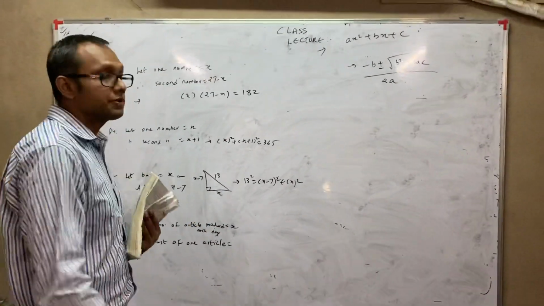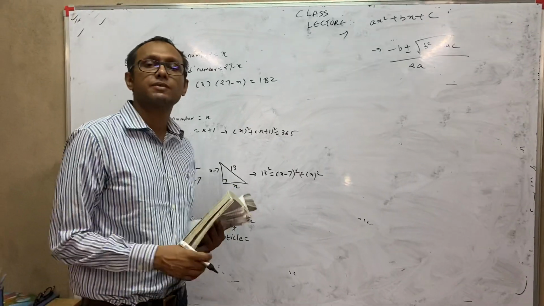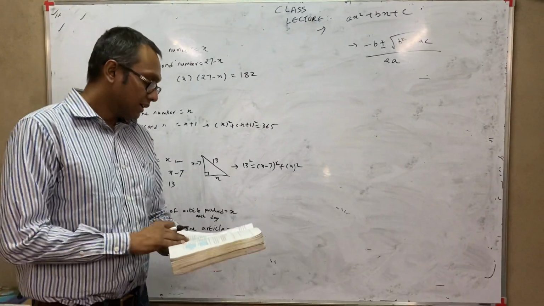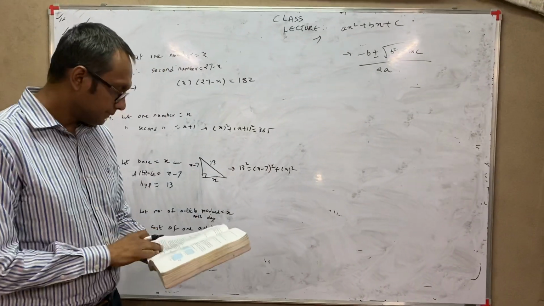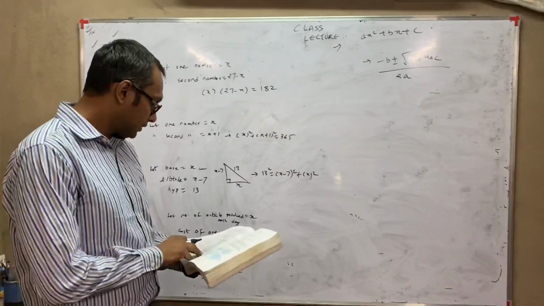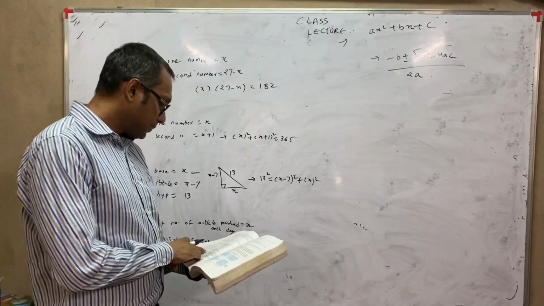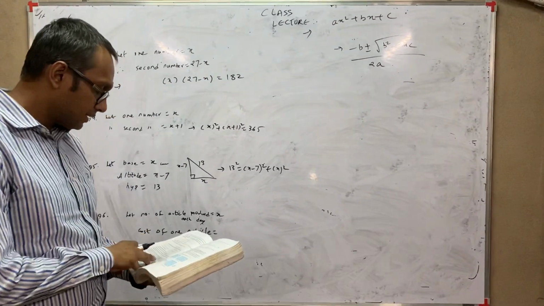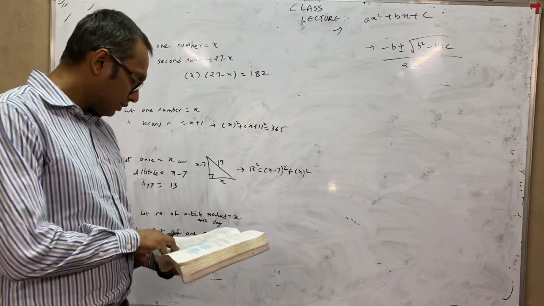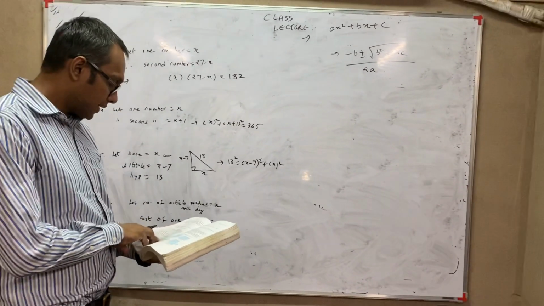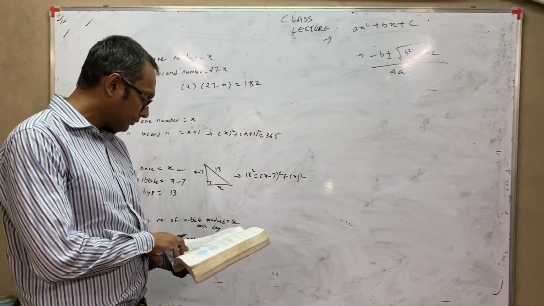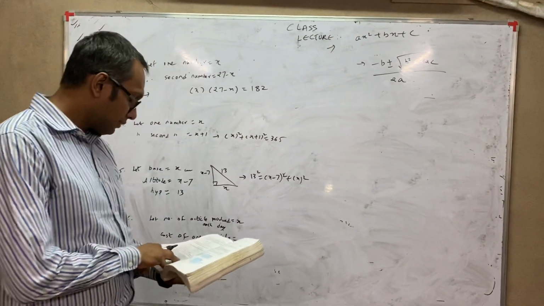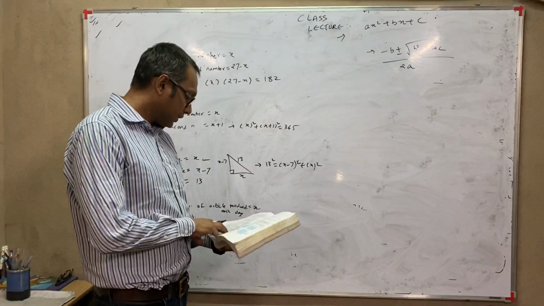Again, this is a sum of sides. In case you get a value of x which is negative, you will ignore that value, just go with the positive value. Now we are on question number 6. Question number 6 is, a cottage industry produces a certain number of poultry articles in a day. It was observed on a particular day the cost of production of each article was 3 more than twice the number of articles produced on that day. If the total cost of production on that day was rupees 90, find the number of articles produced and cost of each article.